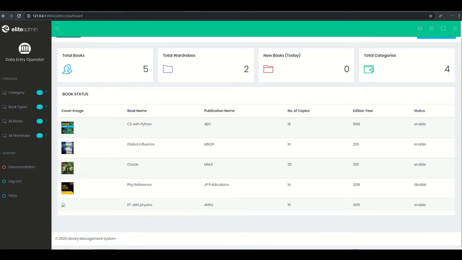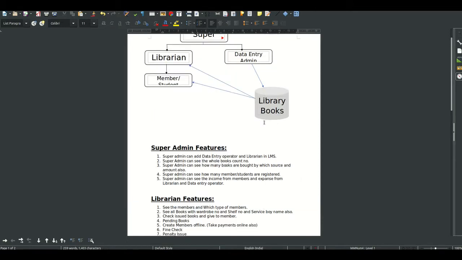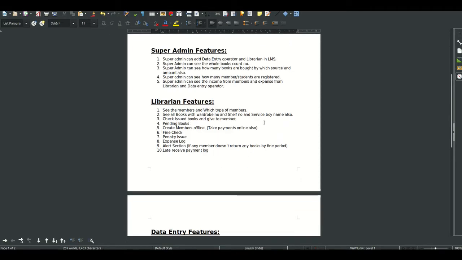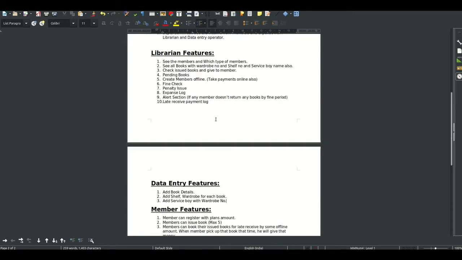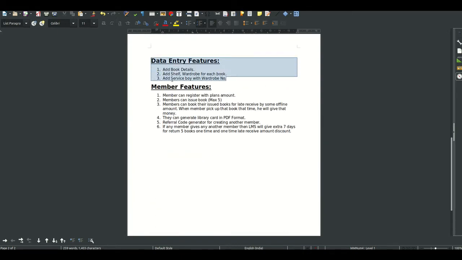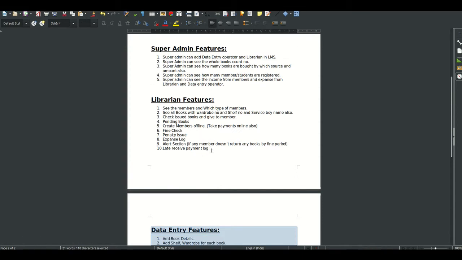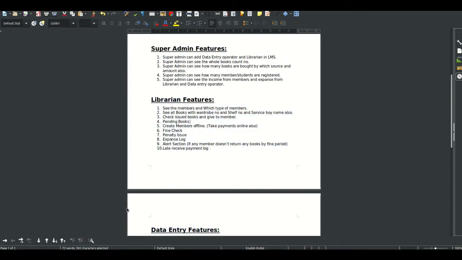So now go to that plan. This is our plan feature I already made, and I think you have all seen it. In that feature list, the data entry feature is done. Now we will make the library feature. In that library feature, similarly we need that admin file. So first we create one route. Okay, first see what the features are.